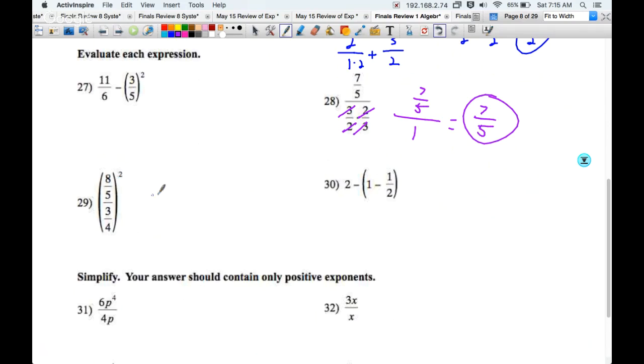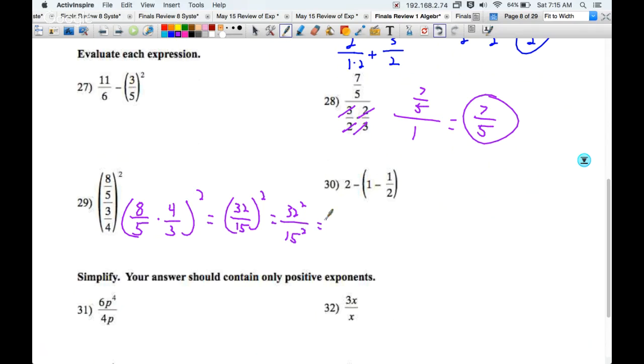Here, with this big fraction, we are going to copy, dot, flip that. So now it becomes 8 over 5 times, I'm going to take the 3 over 4 and flip it to be 4 over 3. Still squared. This here equals 32 over 15 squared. And then you're going to square the top and square the bottom